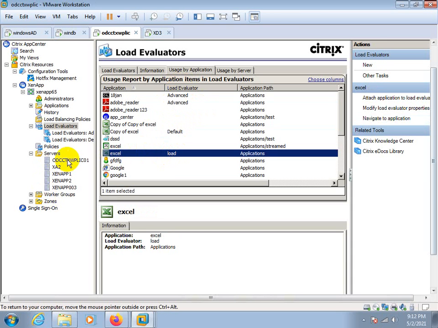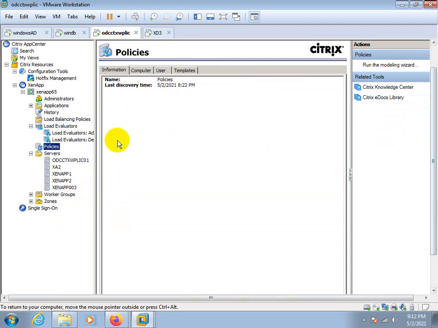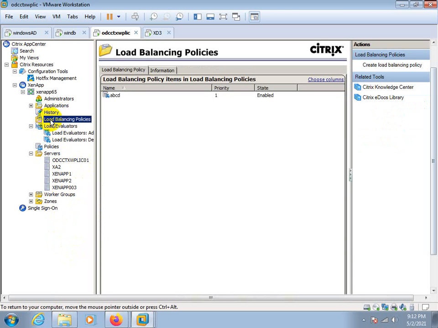But if you want to apply load evaluator on the server, there is a different process. From policies you can apply it on the server. For the application, you need to just right click on the application and apply the load evaluator. If you want to write it down, you can make a note.